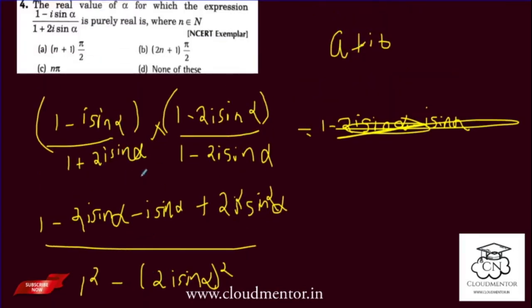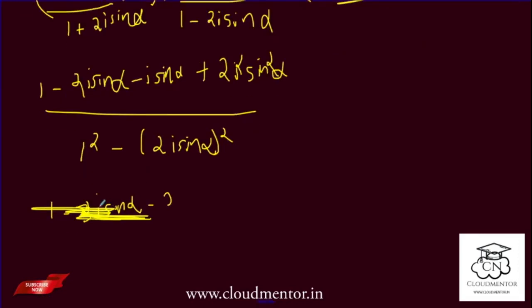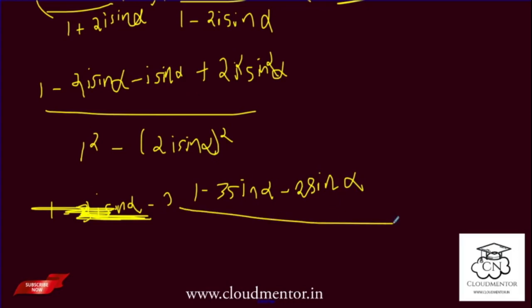Is it correct? Yes, it was correct, sorry. So 1 minus 3, 2i sine alpha and minus i sine alpha, we get 3 sine alpha, and minus 2 sine square alpha, okay, and then the whole divided by